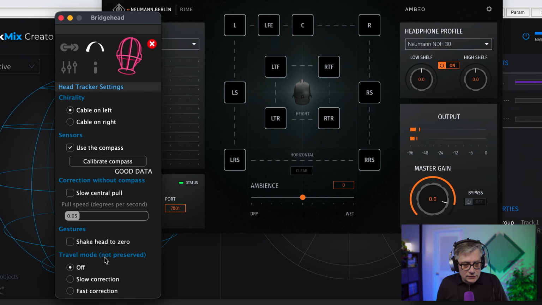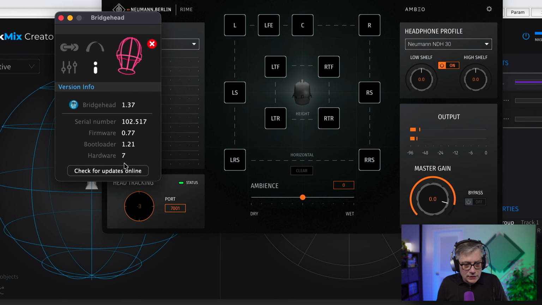So just be aware that you need to update that, and for that you can go into the head tracking settings, and you should be, where are we? No, here in the information settings, we can check for updates online, and that will tell you if you have the most recent version. Update that and you should be fine. Once you update that, the recommendation is also to do a calibration of the Subaware head tracker, and that's really, really simple to do. And you are good to go.